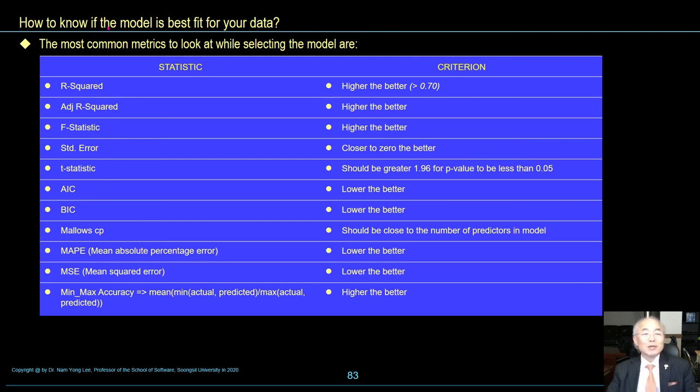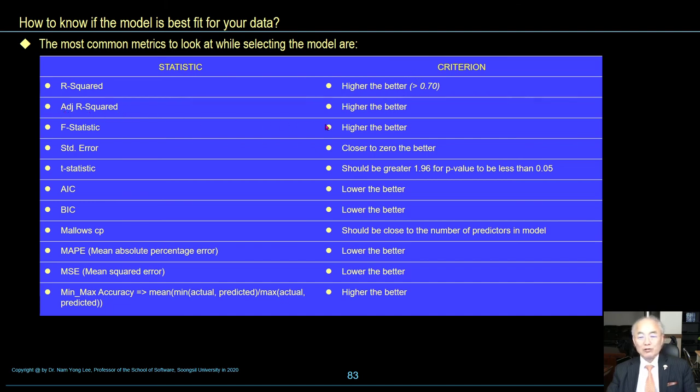How to know if the model is the best fit for your data? The most common metrics to look at while selecting the model are R-squared, adjusted R-squared, F statistic, and so on. 자, R-square, higher the better. 자, 최소한 우리가 회귀 모델이 R-square가 0.7 이상은 돼야 어셉터블하다 그런 얘기입니다.